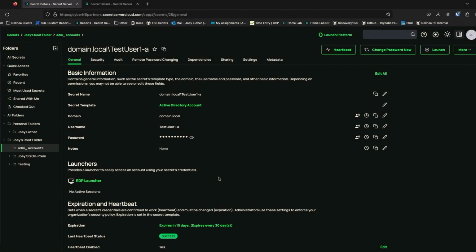In Secret Server, we have the ability to perform privileged remote password changes. This means the application will use a service account to perform the password change instead of the secret changing its own password. The major benefits for this include bypassing password age restrictions from AD's password policy and being able to change the password regardless of account status in AD, such as locked out or if the password is changed outside